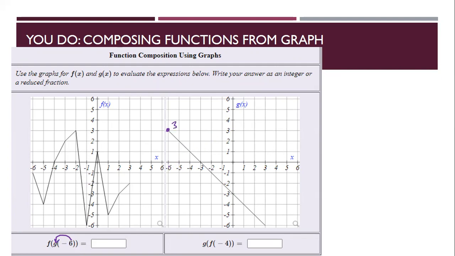So we went to -6 on graph g and we got 3. Yes? Okay, so now we're left with f of 3. So that means I'm going to go to 3 on f, and what do I get? -2. So my final answer is,